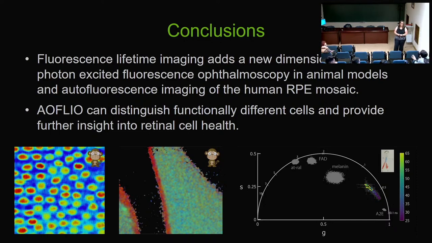I think maybe I didn't catch that, but could you comment a bit more on the age dependency of the human RPE mosaics? Certainly. So, right, I have a picture right here. What we find, clinical fluorescence lifetime finds it, we find it as well, is longer fluorescence lifetimes across the retina as you age. So there's no interaction here with where we were imaging. The motivation for starting to look at this for us came from work out of Christine Curcio and Thomas Ock, who had shown that